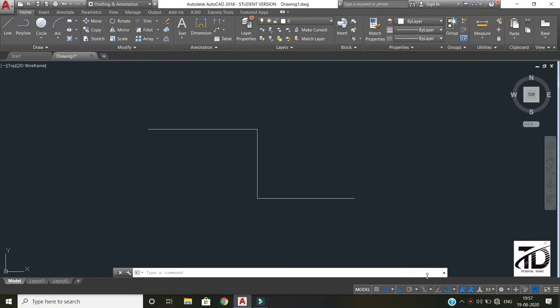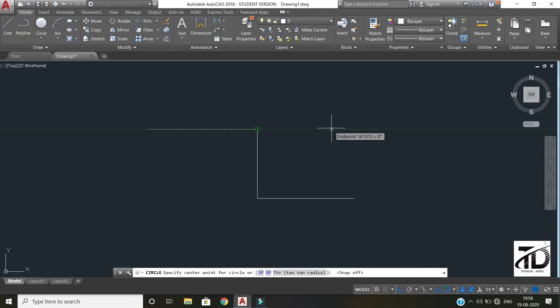Now let's move on to the next status toggle key, that is object snap tracking. Object snap tracking can be used to create a geometry from points which are not visible on your screen. For example, in this drawing, if you want to draw a circle here, whose center point will be the intersecting point of these two lines, for that, go to circle command and first move your cursor to this end point, but don't click here. And now drag your mouse to this side and you will find this green tracking line.